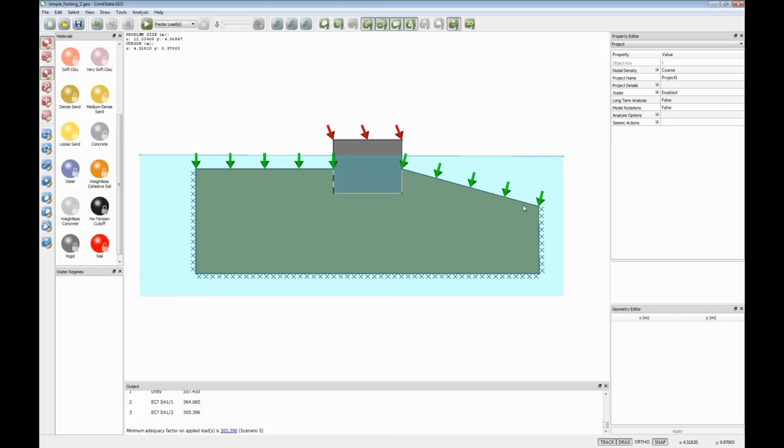Okay, for slope stability, I've got a question here. Using Eurocode 7, the unit weight of the soil can be favourable or unfavourable depending on the geometry. How does the software deal with this? So this is a big area of debate with slope stability. Is the soil favourable, is it unfavourable, or is half of it favourable, half of it unfavourable, depending on the nature of the mechanism? The software, unless you specifically tell it, will just treat that entire soil body as either